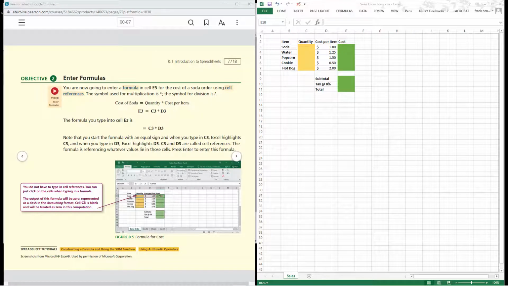Now, the second objective deals with entering formulas. You're now going to enter a formula into cell E3 for the cost of the soda using the cell references. Those are the locations that refer to cells. The symbol for multiplication is a star, and they tell us the symbol for division is a slash. So they give us here the formula